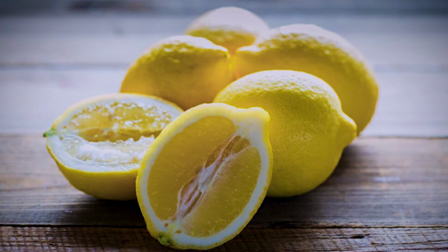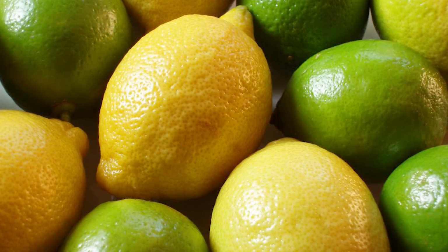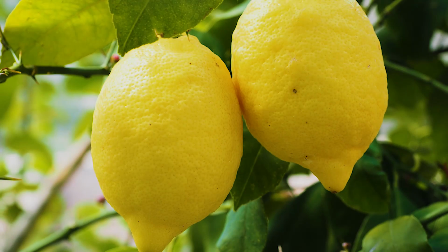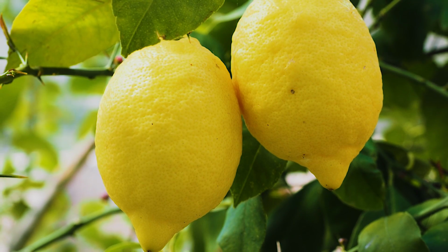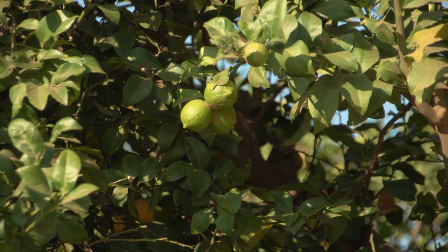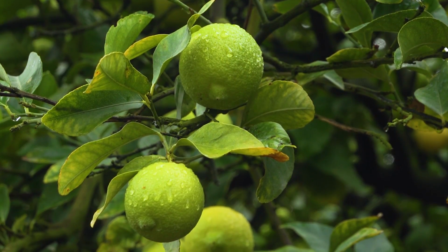On the other hand, the Eureka lemon cultivar has wonderful fruit that is very popular, but its root system is not as strong as that of rough lemon. By combining a Eureka lemon scion with a rough lemon rootstock, we can take advantage of the best characteristics of